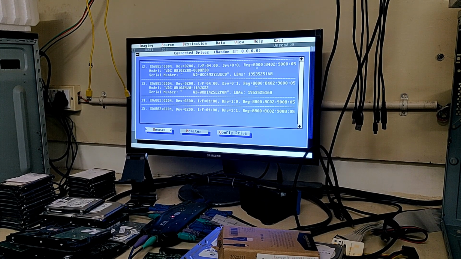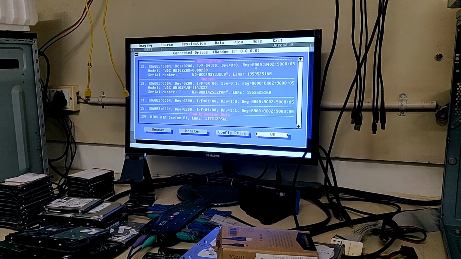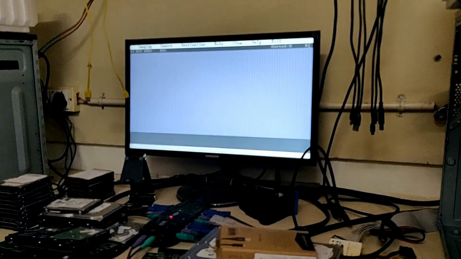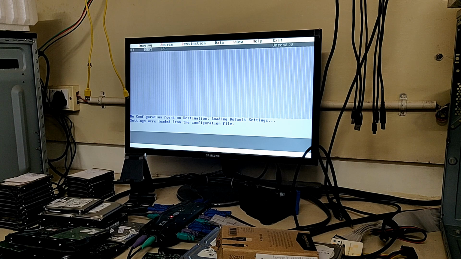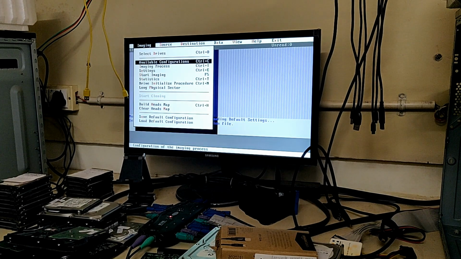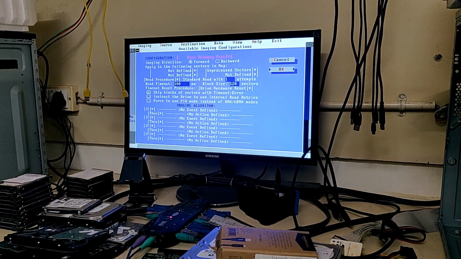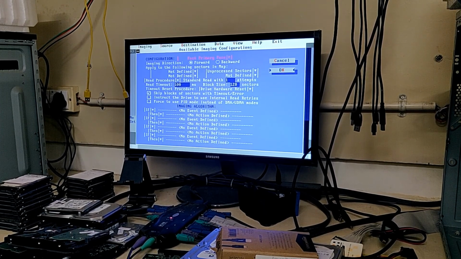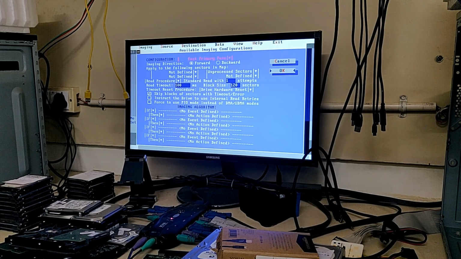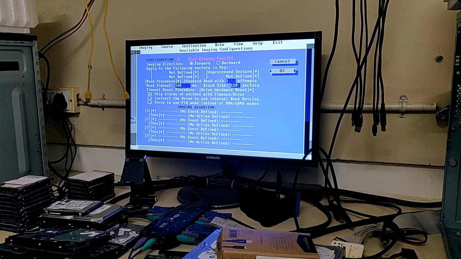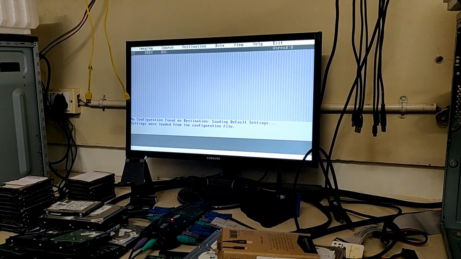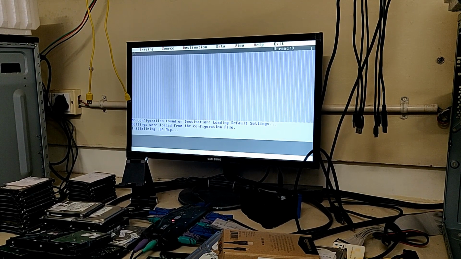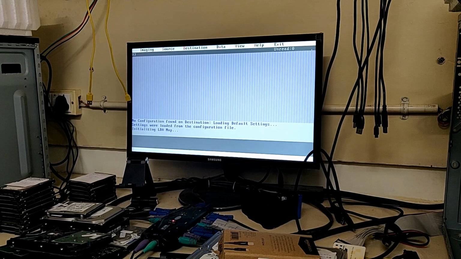This time we will not create a head map. We will start the cloning. Then after some time we'll try and create the head map. So we are ready. My initial pass is going to be this fast primary pass with yes, everything seems to be okay according to me. Let's start this and let's see. LBA map is being created in the config drive.